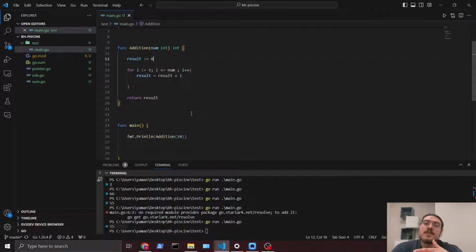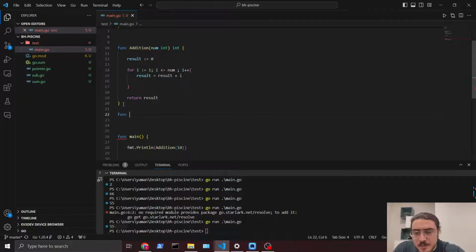Now what's the difference between iteration and recursion? Recursion is literally the same thing, but a different way of writing it. Instead of using a for loop, we use the function itself to add the number again and again and again. So imagine using the function inside of itself. Every time the function reaches somewhere, it calls itself again and adds the number. It calls itself again and adds the number. So let's create the function.